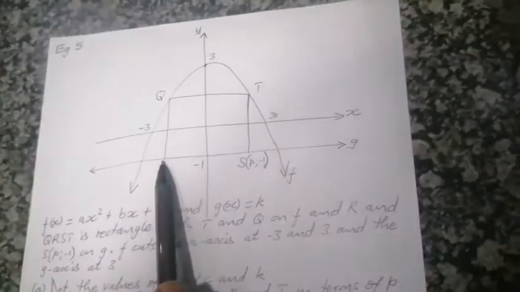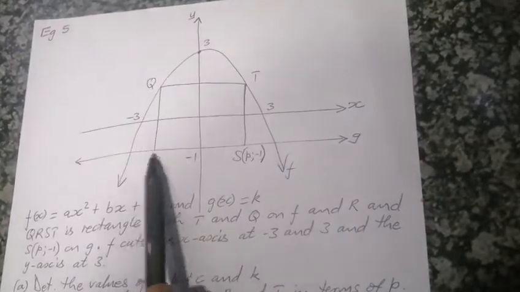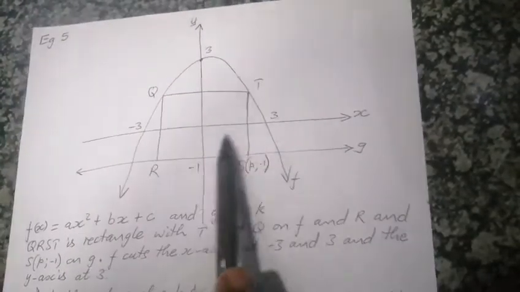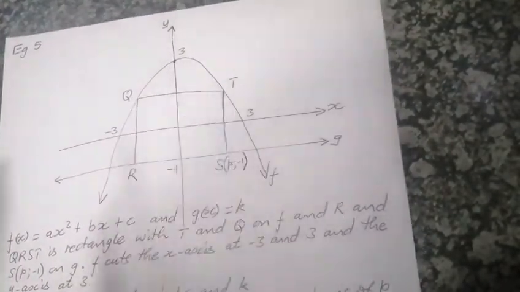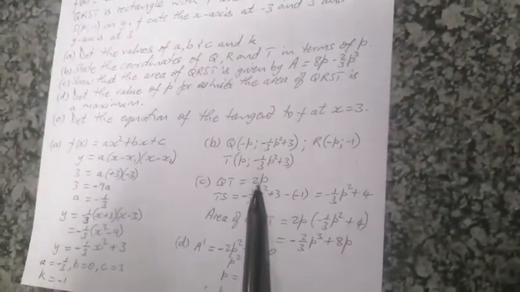Q to T, it will be P plus P, because this is 2P. If this is 2P, then this is a rectangle. It means QT is also equal to 2P. Then we need our TS. Our TS is just the Y